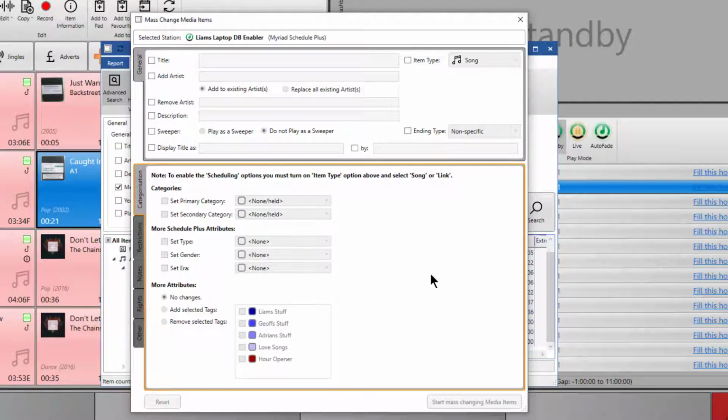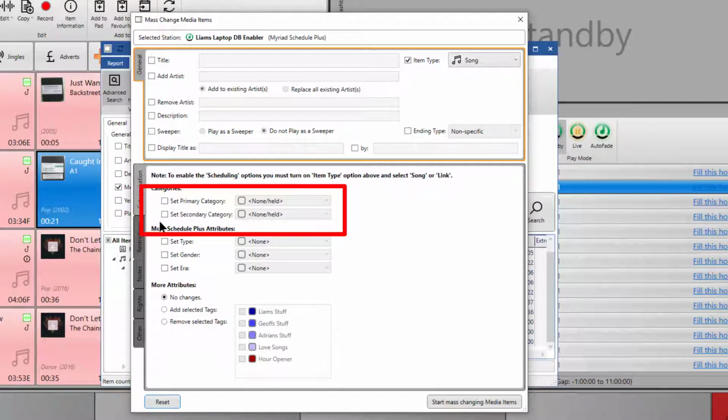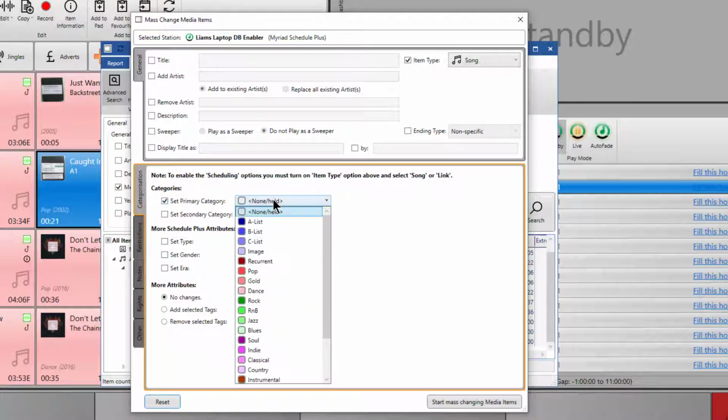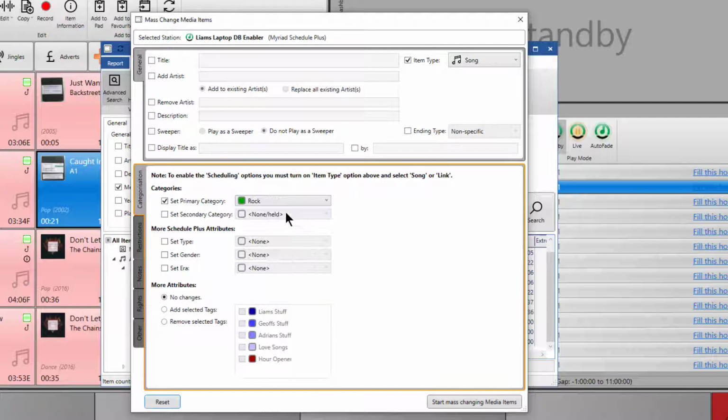So first thing we need to do is choose the item type as song, because if we don't choose song, then Myriad doesn't know which categories to load into there. If we don't select song, then these options are not available. Once you've selected song, you can then choose your primary or your secondary category. So let's set our primary category here to be rock, and we'll also set a secondary category of